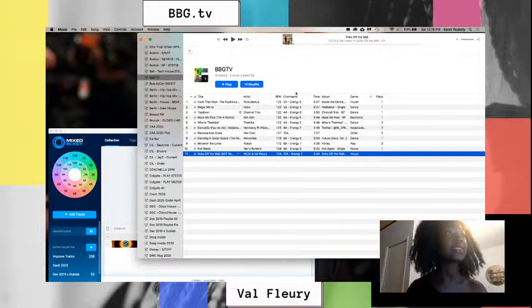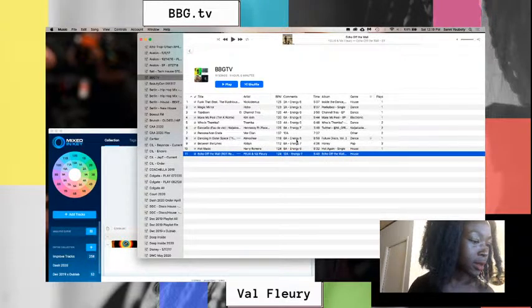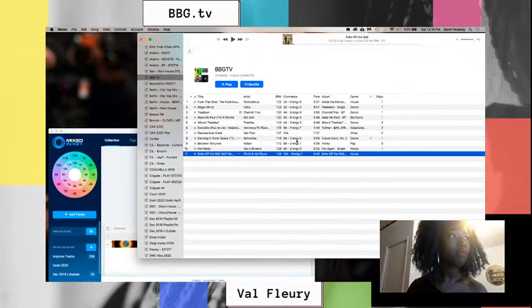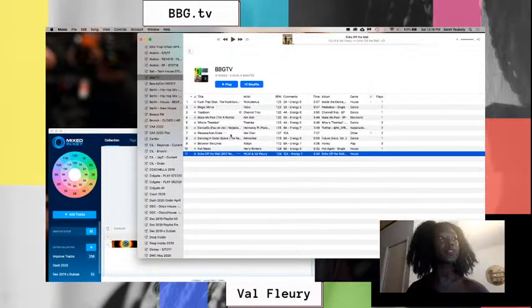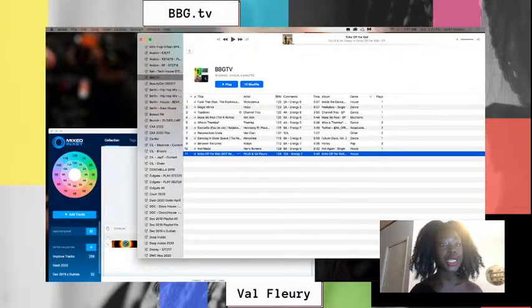So once I've organized this, I have all of my keys here. Serato will also process your key. So if you have Serato, which I think has a free version, if you open up Serato, put these tracks in and analyze them, it will give you the key and the BPM as well. So that's another option if you don't have Mixed In Key. All right, so once we have our organization done,